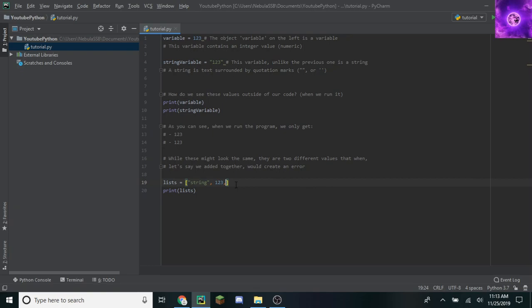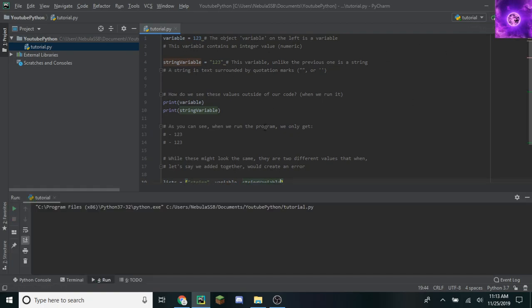So let's say instead of just 1, 2, 3, we could put in a variable, because at the top here, variable equals 1, 2, 3. So why not use variable? And then down here, you can also do a string variable, because why not? So we run this, and it gives us our string values and also the stuff inside of the variables.